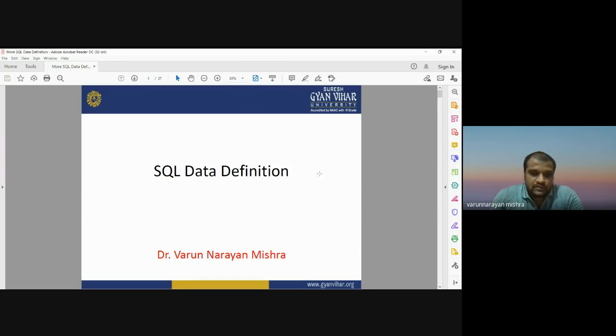Today, I am going to discuss the data definition that is used in SQL. In last lectures, we have discussed SQL, different kinds of numerical operators, and special operators for SQL. SQL is basically structured query language. Whenever we have data, or when we want to extract some information from our database in a quick manner, we use structured query language.